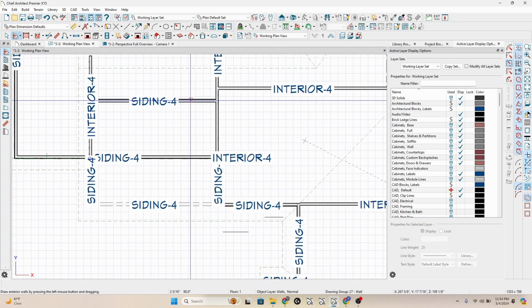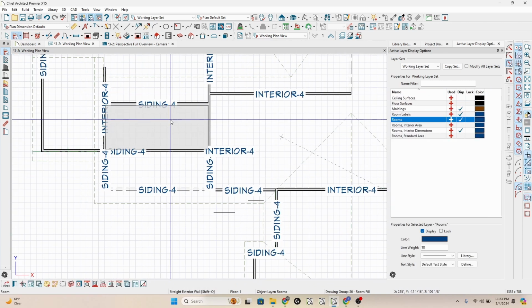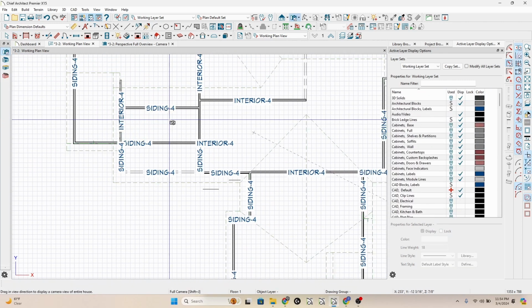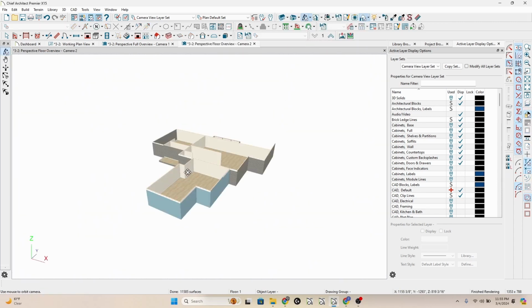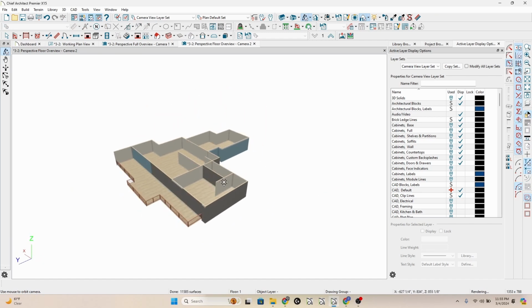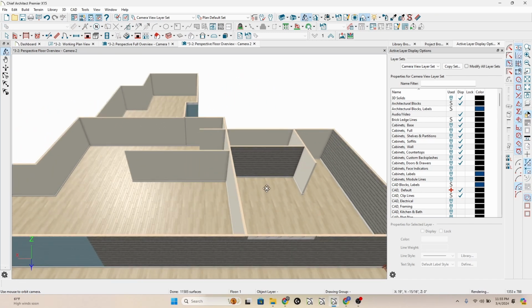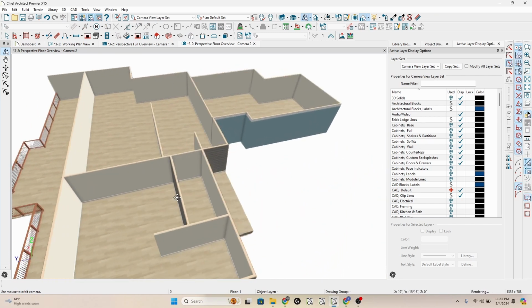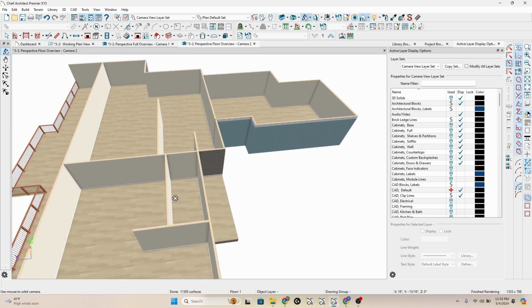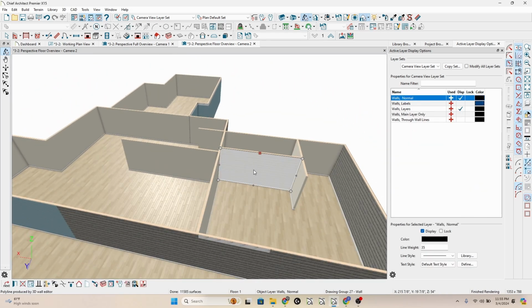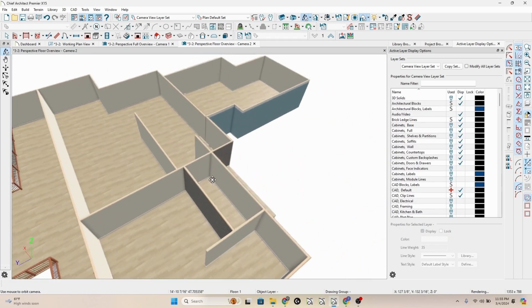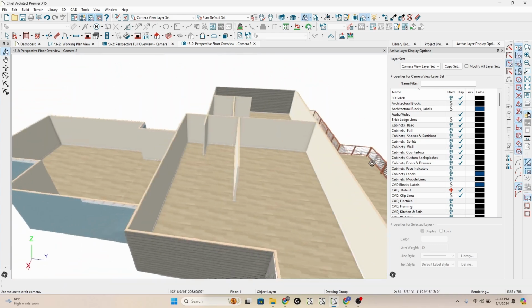We got siding 4 on an interior room. Let's take a quick camera view here. You've got some siding on the interior wall. I don't know if that was intended or not, but